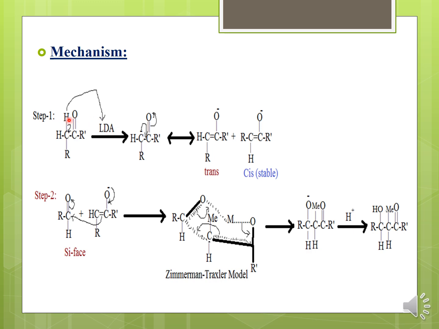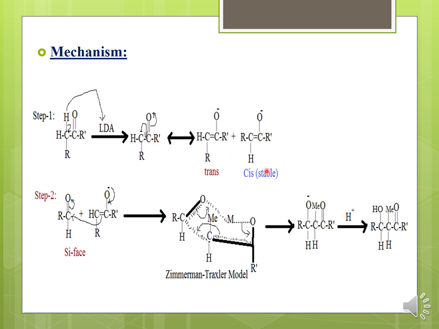Okay, so what happens, the hydrogen atom gets abstracted, with the generation of a carbanion. Once the carbanion is generated, there is resonance stabilization, like you can write the canonical forms. So the minus charge will shift, make a bond, and then this bond shifts, making a negative charge, so you will get one trans product. Again when this shifts, you can get the cis product as well.